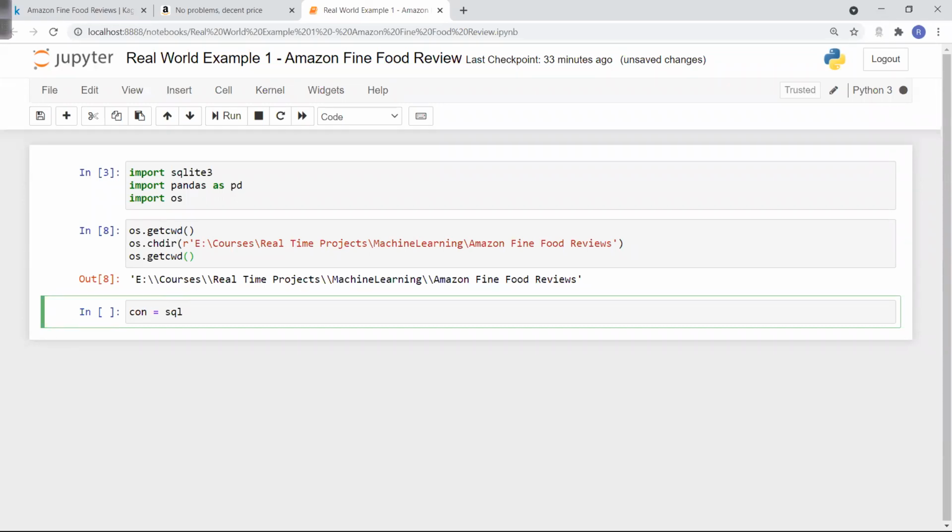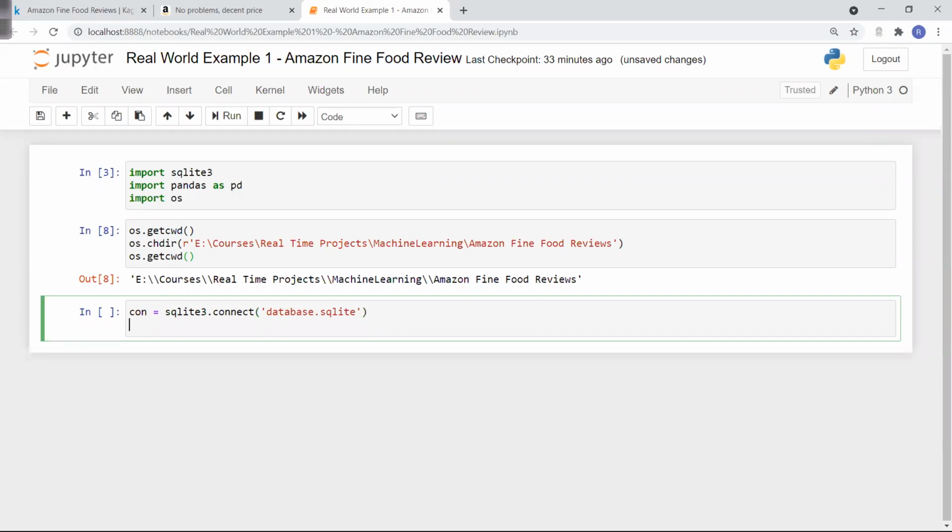So here I will write sqlite3.connect, and I want to connect the file which is database.sqlite. So I am establishing the connection of this file with my instance of Python.